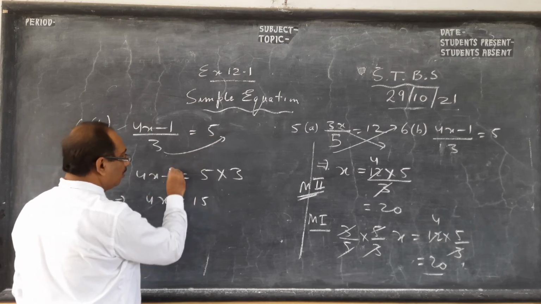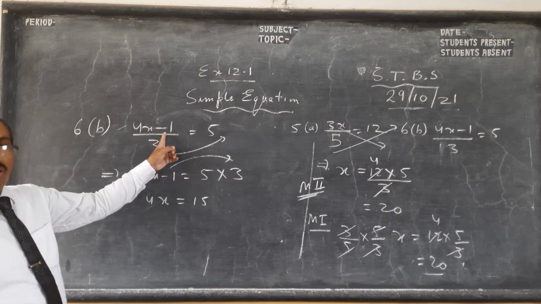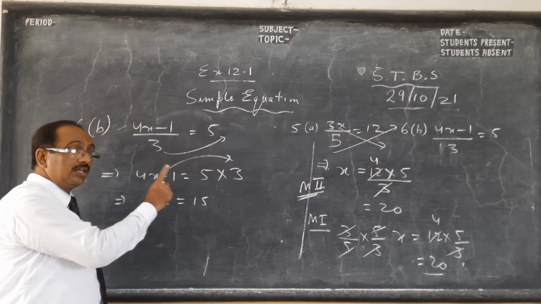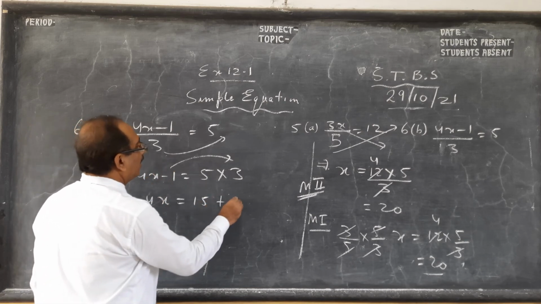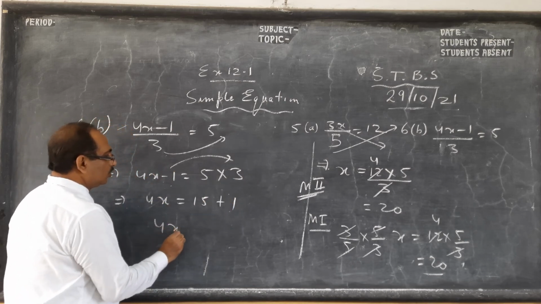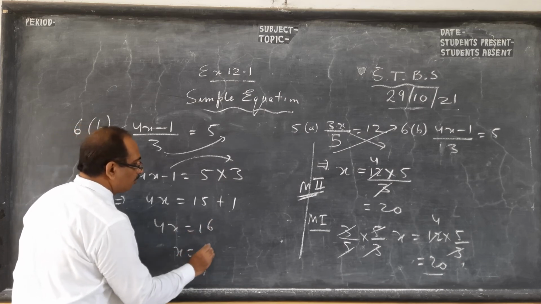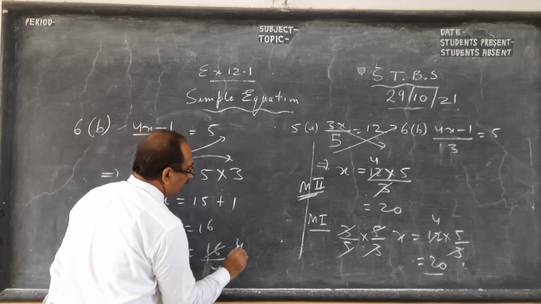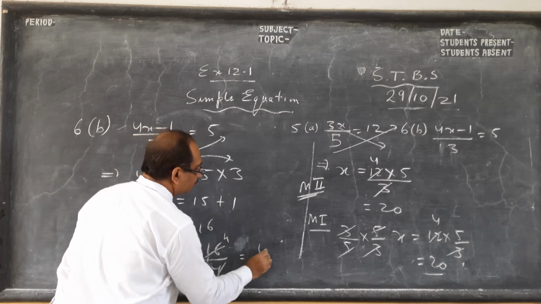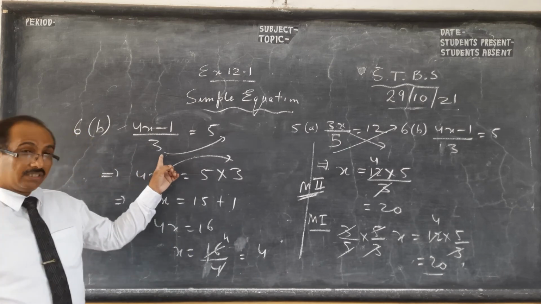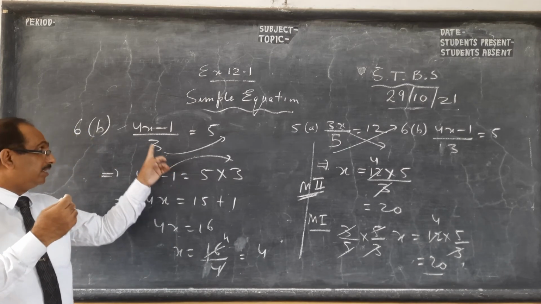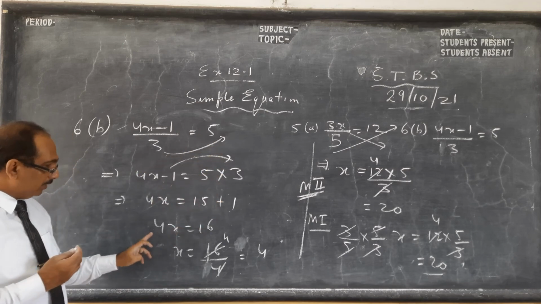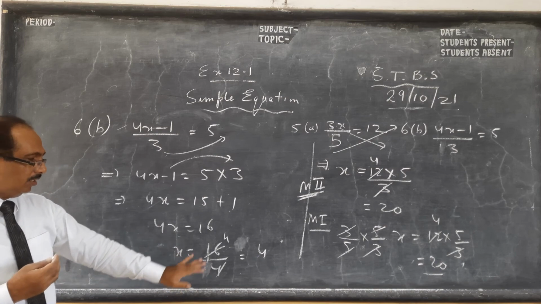Now children, 1 you can transpose. You cannot transpose anything if there is any denominator. And if there are different denominators, you have to make a common denominator. Now minus will become plus. So 4x is 16. Now you divide. 4 goes down. Multiplication becomes division. So x is 4. Once more. First the denominator, you have to make a common denominator. If it is not there, once you have a common one, you transpose. Then 1 will go. Then you can divide. So 16 by 4 is 4.